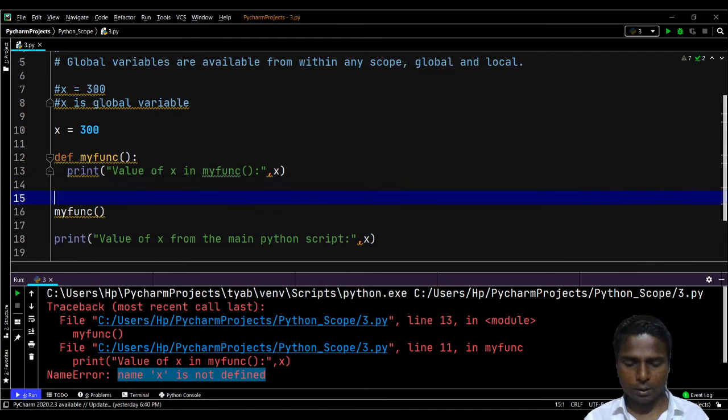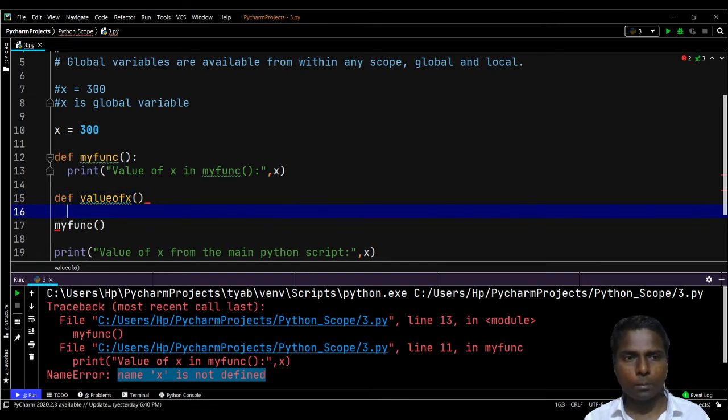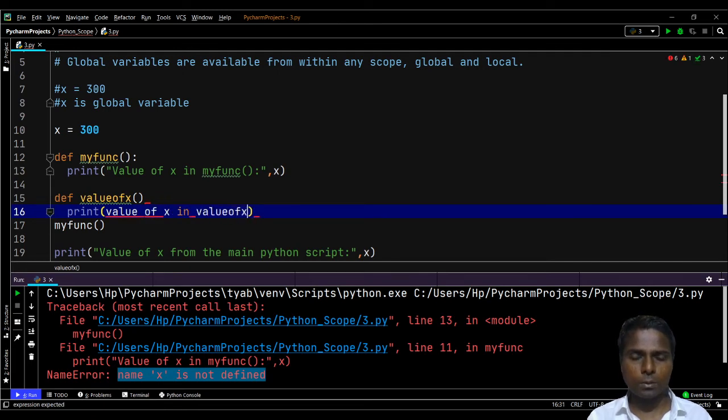Here I will define one more function, valueofx. This function will help us display the value of x. Again the same thing: the value of x in the valueofx function that I want to display. So this part I will copy and paste, Ctrl+V.